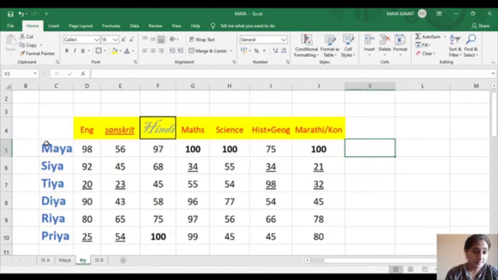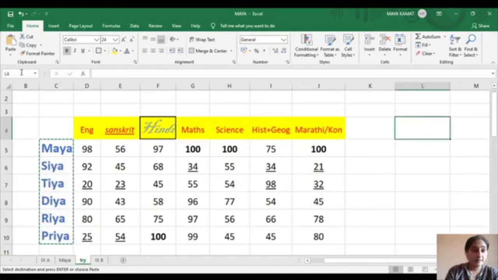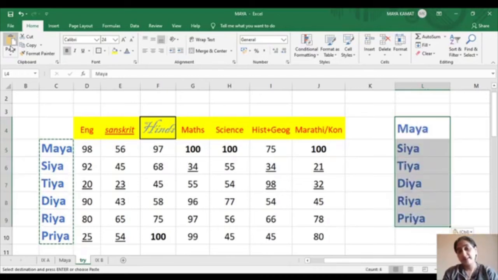How you could do it is simply select the cells. Can you see copy here, right on top? Can you all see this copy option here? Yes, teacher. Click on it. Now click on the cell where you need to paste it. Let's say I want to paste it here. And there is an option on top, paste. Click on that paste option. Your cells will get pasted in line from the first cell that you had selected.